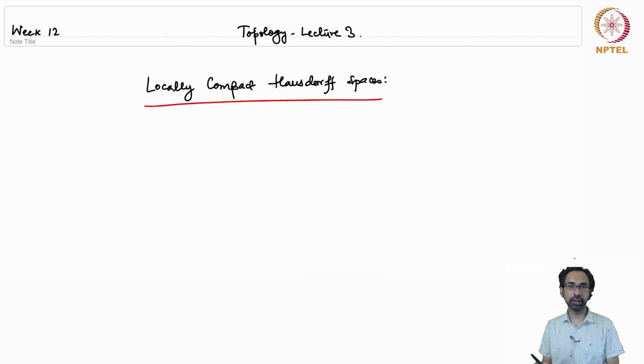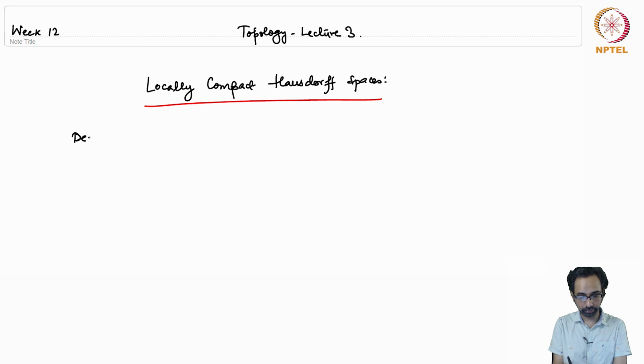So as I mentioned in the last lecture, the converse of theorem 2.2 that we did in the last lecture, which was the forward implication of the Arzelà-Ascoli theorem, holds for a certain class of topological spaces called the locally compact Hausdorff spaces, and we will take this lecture to discuss a little bit about locally compact Hausdorff spaces. So let me give the definition first.